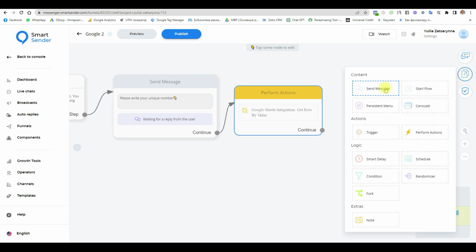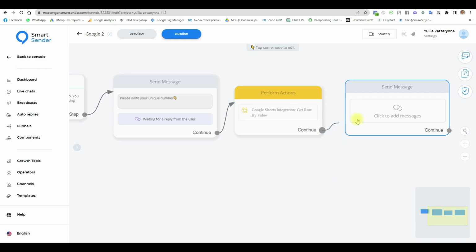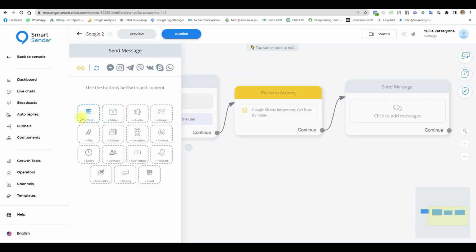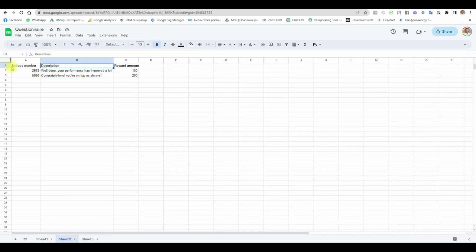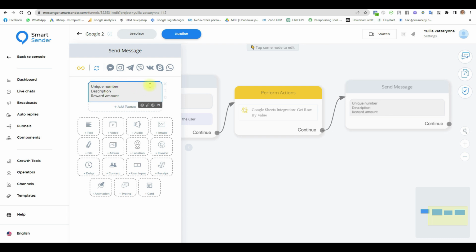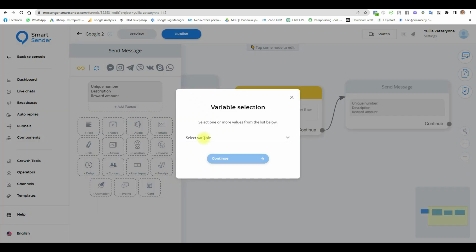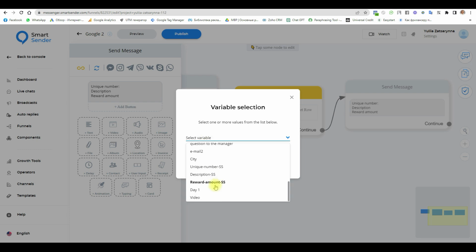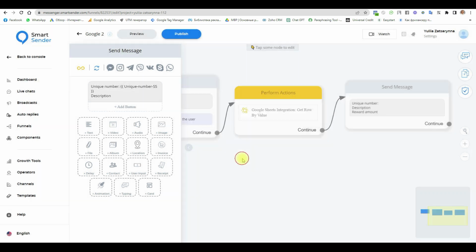Plus this, choose send message, automatically continue, text, and I don't want writing. I copy this name, put user descriptions, and I choose answer on Smart Sender. Clicking here and choose the first, it is unique number Smart Sender,